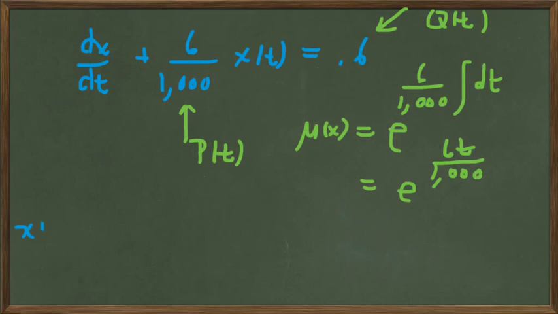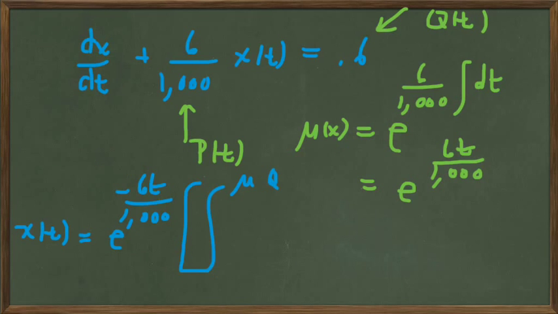So x of t is 1 over mu of t, which makes it e to the minus 6t over 1,000 times the integral of mu of t, q of t dt. The q of t is a constant 0.6. Let's bring that outside the integral, and then we're integrating e to the 6t over 1,000 dt, and then plus c. So it's a pretty easy integral to do, right? And we get this,